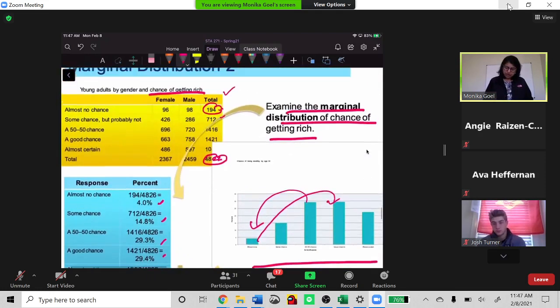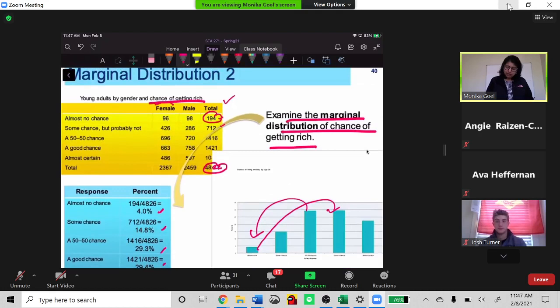Let's say here, if I'm looking for a female with a 50-50 chance of getting rich, I cannot just say this whole. So first I will go to the column female and then 50-50. Where these two meet, I'm talking about this particular cell, and I cannot find 696 until I have that